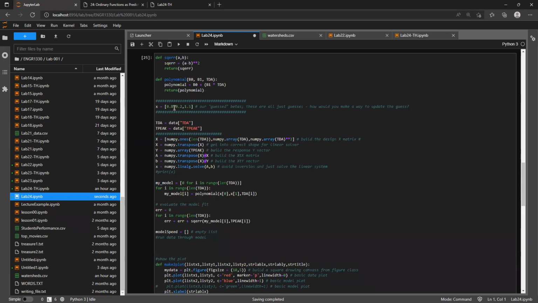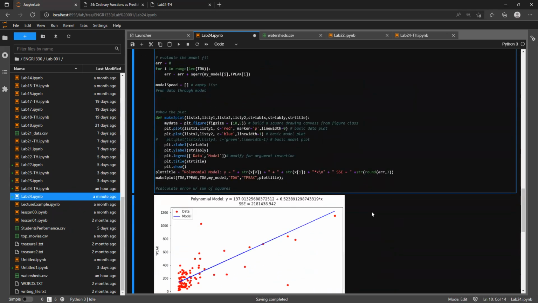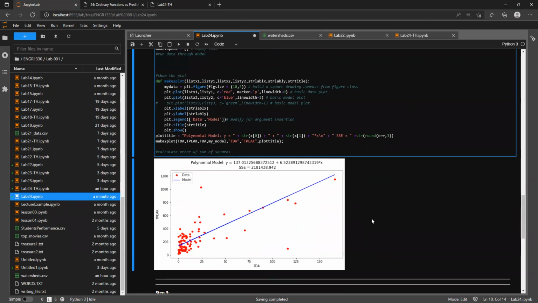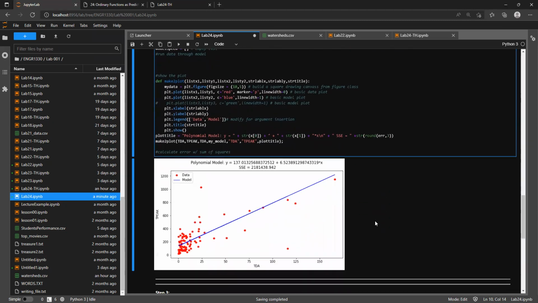Are our guesses pretty erroneous? Yeah, it is. How might we make it a little better? I mean, it's not terrible. If we were only looking at this part,